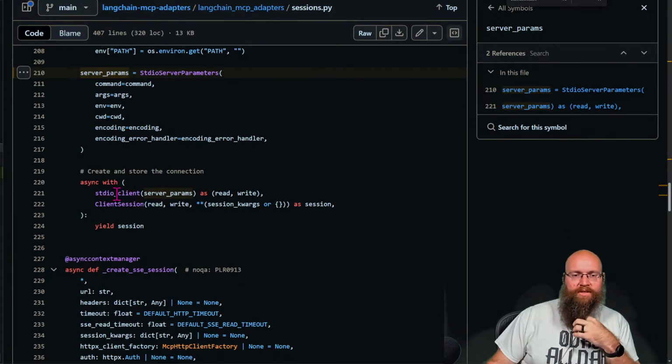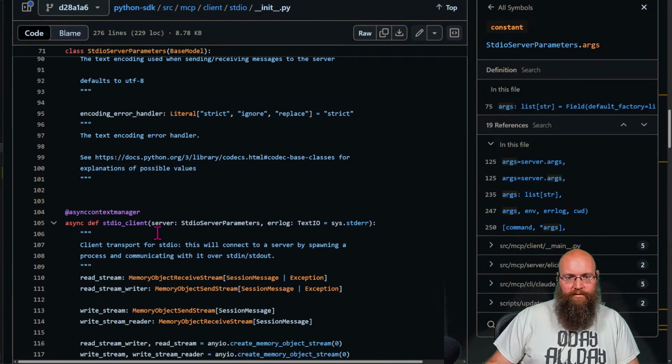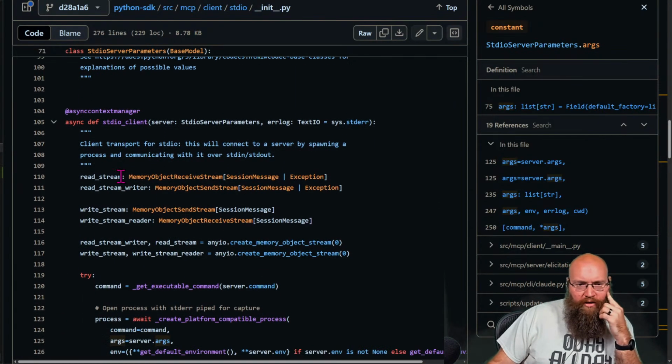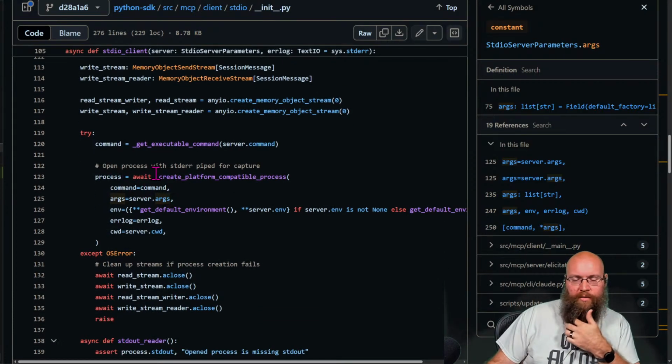So it's using the standard IO client, which is probably also coming from here. Yep, there's standard IO client. All right, read stream, write stream. So we're going to get the executable for our process. We're going to await this, create a compatible process, our command, our args here.